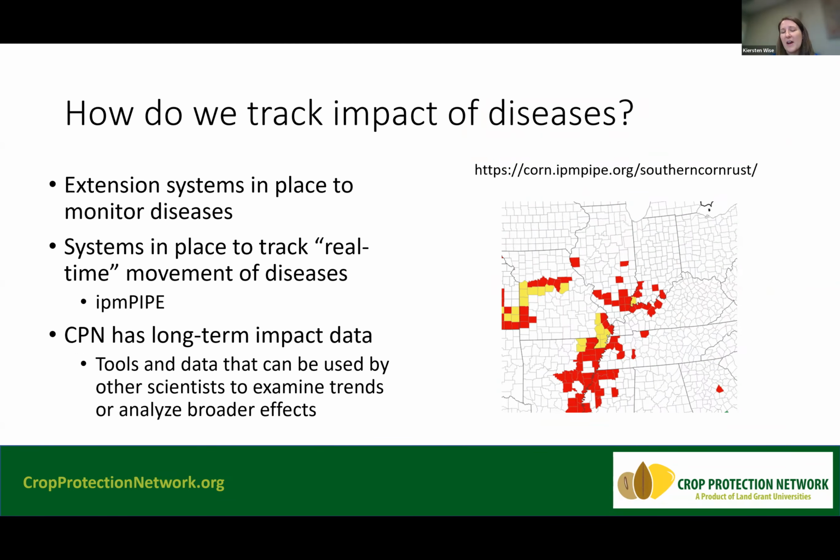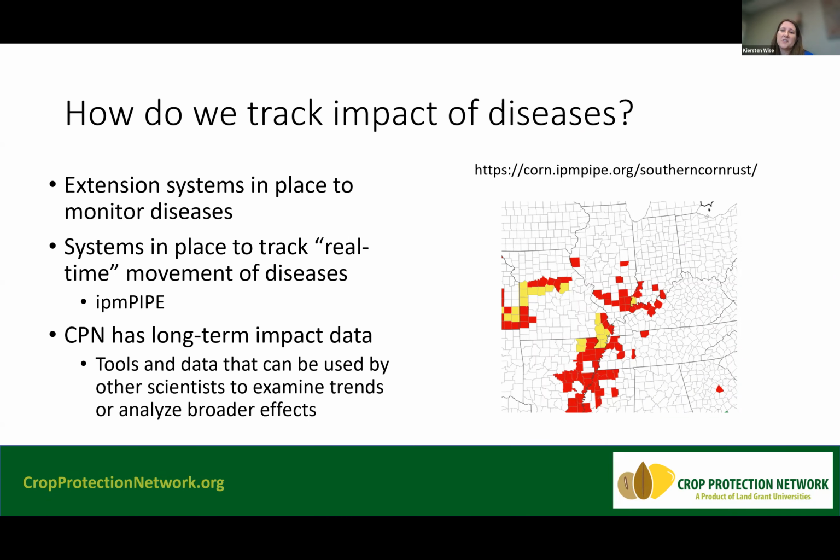So those are some of the outputs that we have at the Crop Protection Network. Those are some of the things that we've evolved to do. And I'm going to shift gears a little bit now and talk about how we use a lot of these outputs and the tools that we have on the website to track the impact